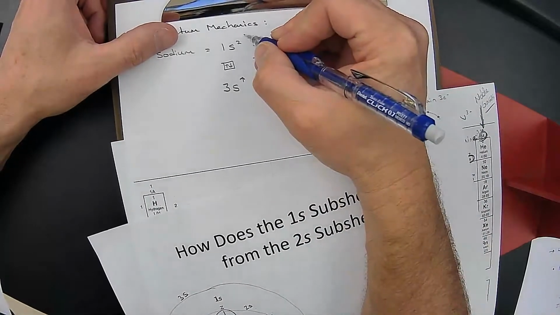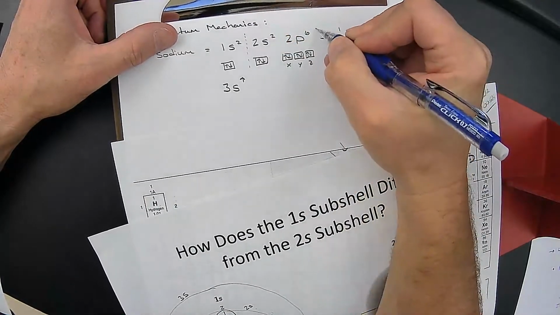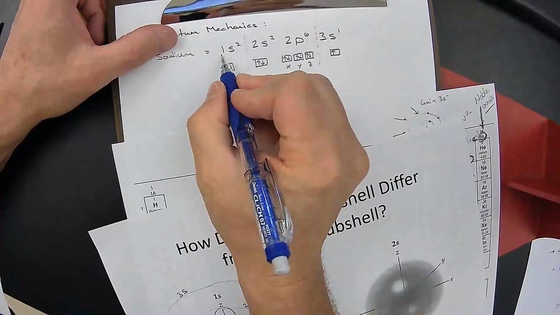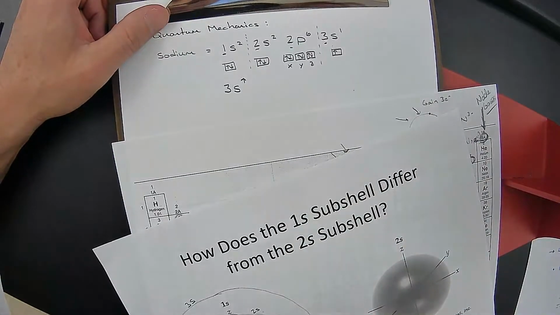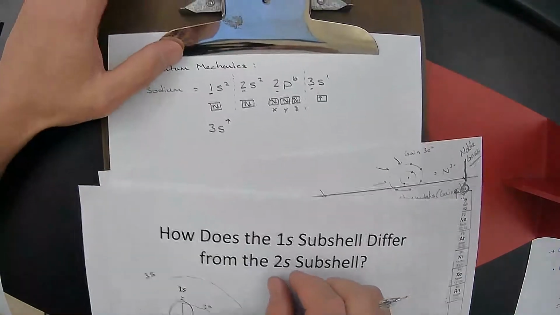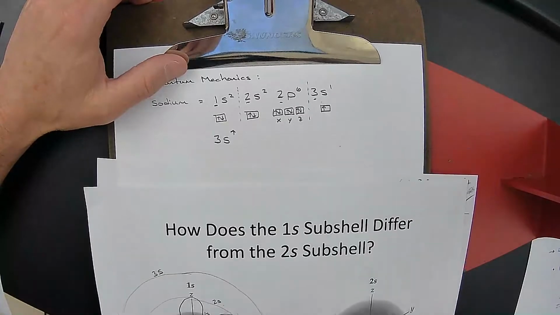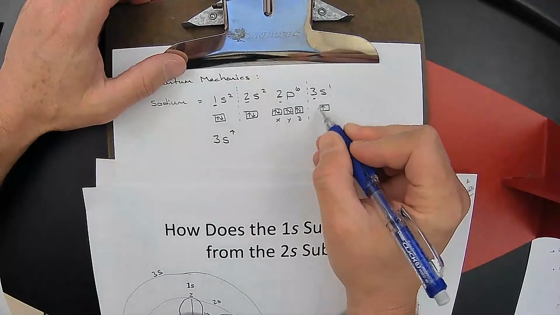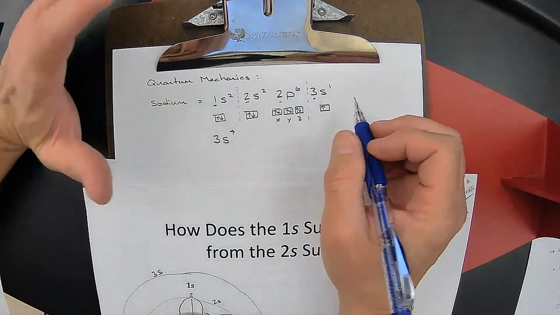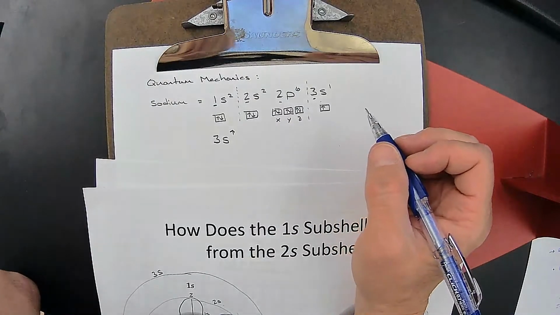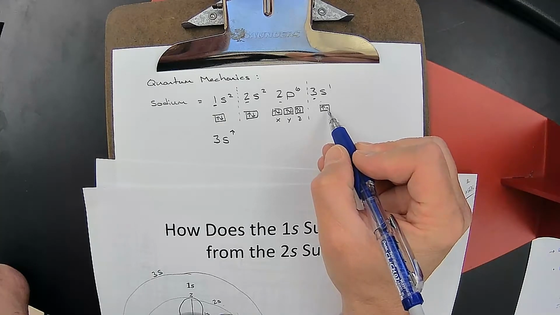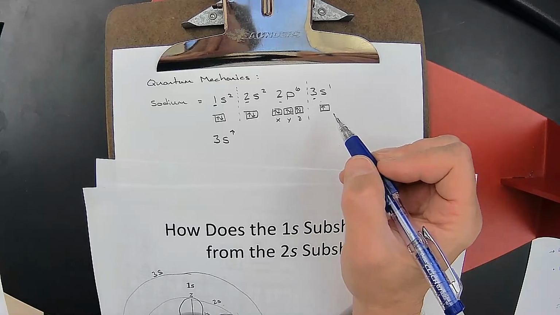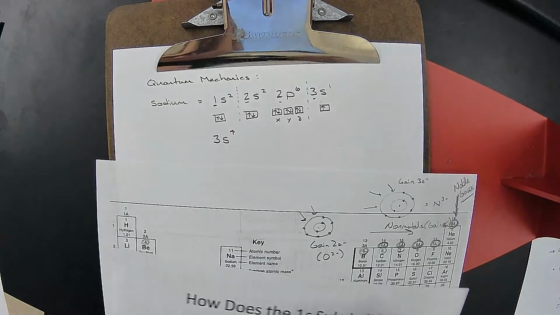Now, if we break this up into its different principal quantum numbers, we have the 1 here, we have the 2s here, and now we have the 3s. What I want you to notice is out here for the 3s, there's 1 little electron. So the question would be, what does this atom want to do, and why does it want to do it? Well, at first you might think, oh, it wants to gain 1 electron and put it right here so it's all full. But remember, the